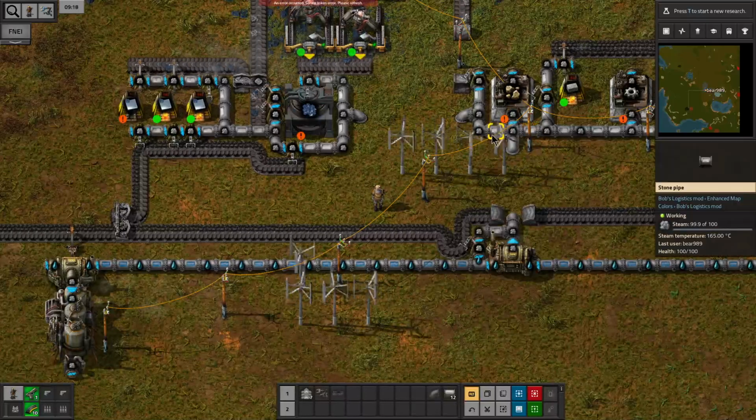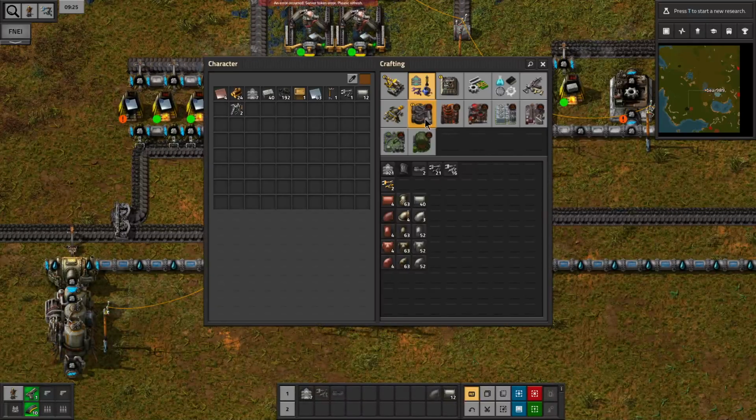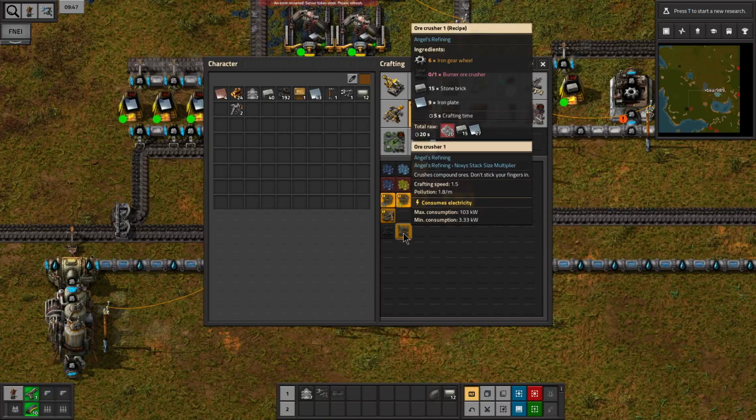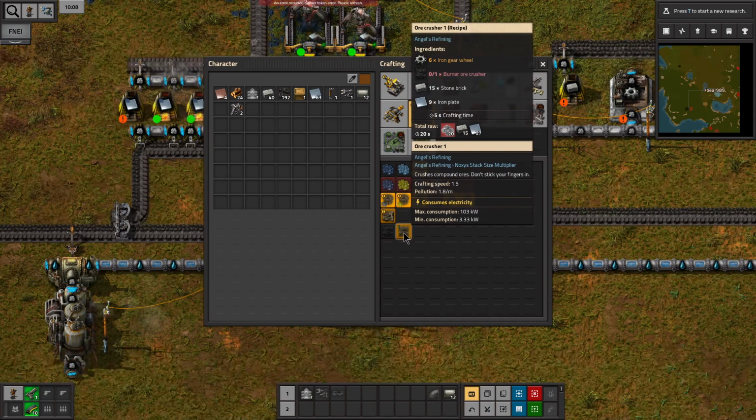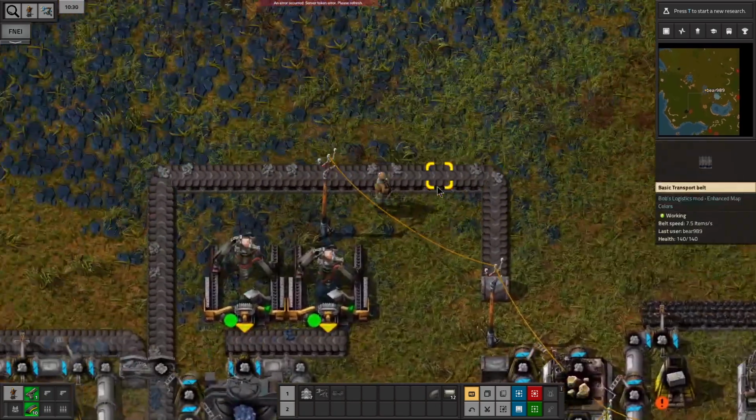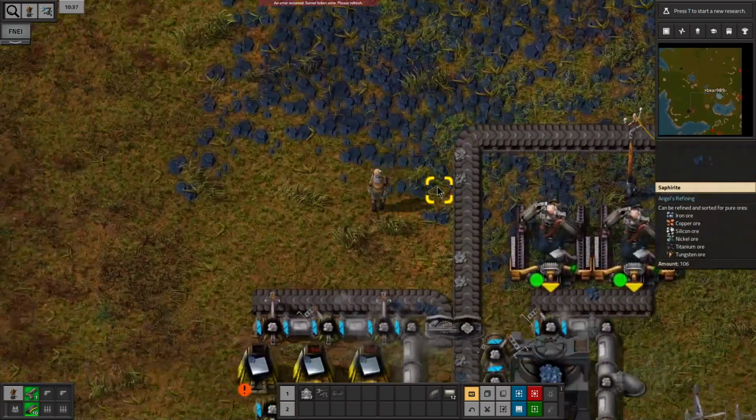Alright, so we just got the mechanical refining done. So we can now make the electric. We're going to need a little bit of crushed stone. We need crushed stone along with the brick. That's a little strange. So I guess I might need to actually...